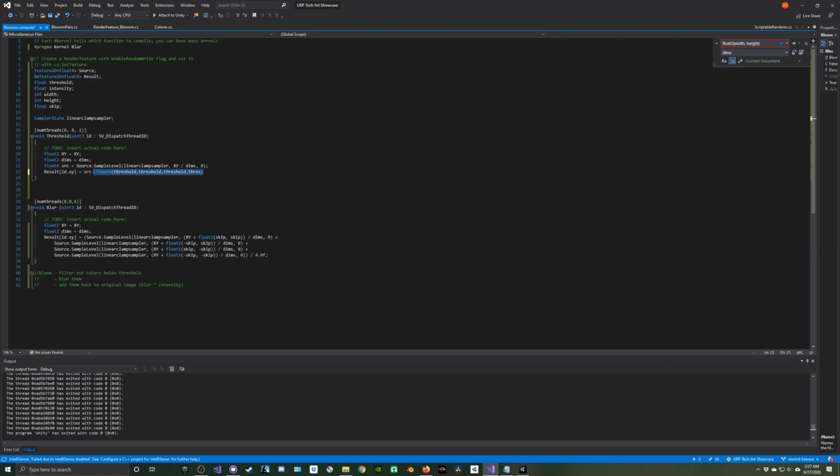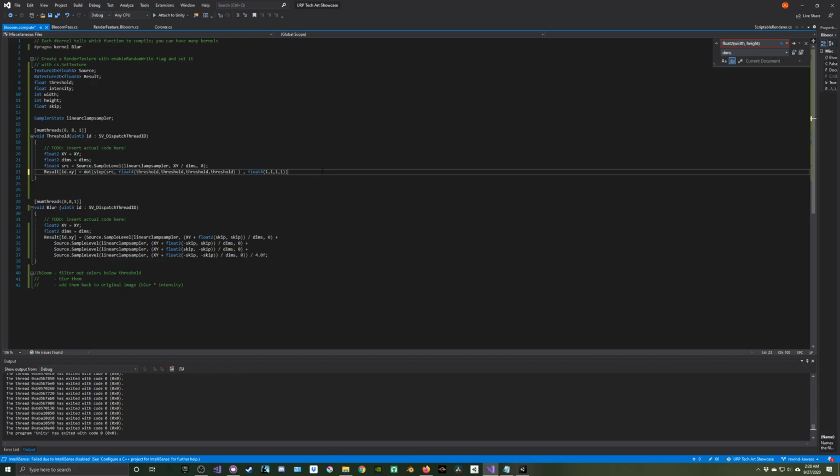How about this? Step, which returns 1 when the first component is less than the second. Step of source by float4, and we're going to take the dot product of this with just 1. So the dot product of a vector, by the way, is just a component-wise multiplication and addition. So if we had a float4 or a vector 4 that was, for example, 2, 2, 2, 2, it would be 2 times 1 plus 2 times 1 plus 2 times 1 plus 2 times 1,